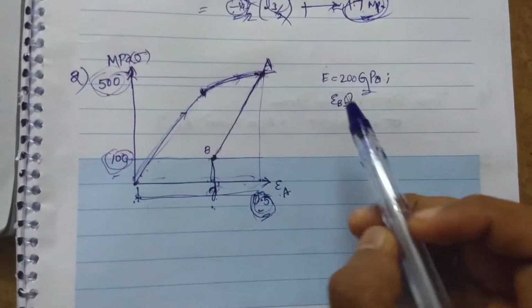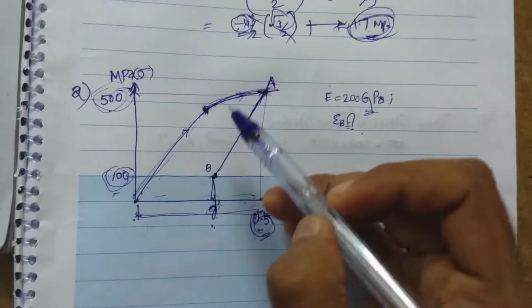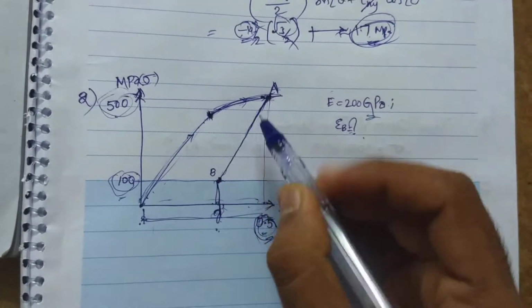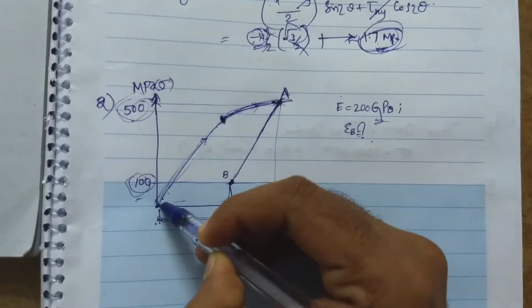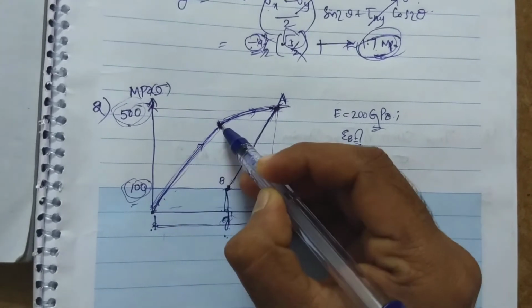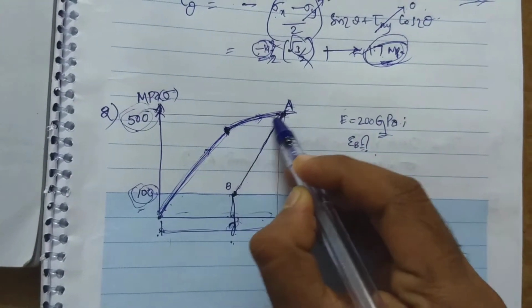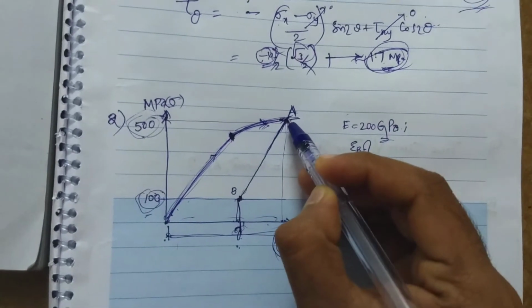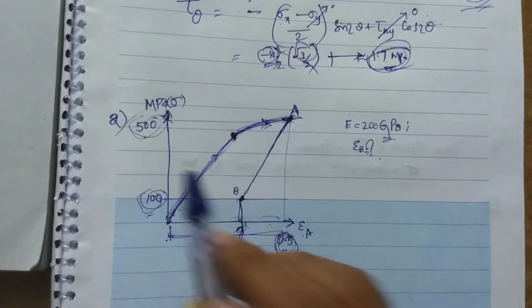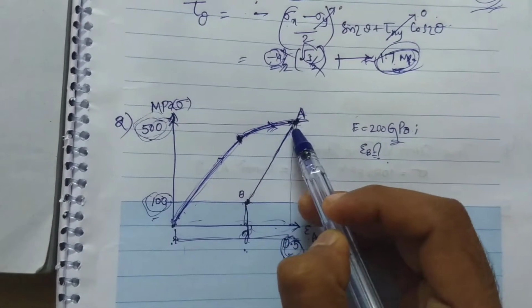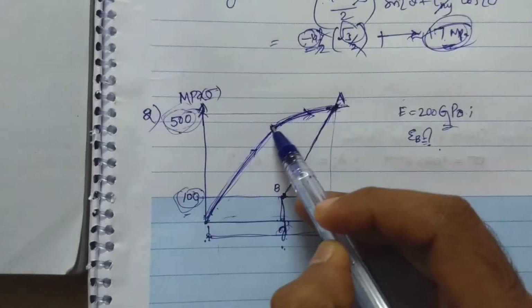Hi friends, let us see another problem. The stress strain curve of a material is given as in this diagram. Up to here, it follows Hooke's law, meaning a linear elastic curve where the stress is directly proportional to the strain, and from here it starts yielding and reaches a maximum upper limit at point A, where the stress is 500 megapascals. Because it starts yielding, if we release the stress, it doesn't come to its original position